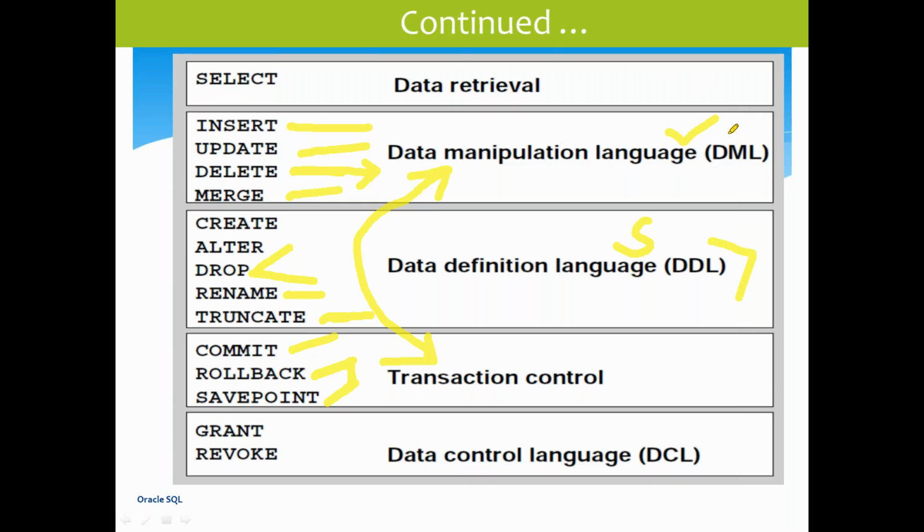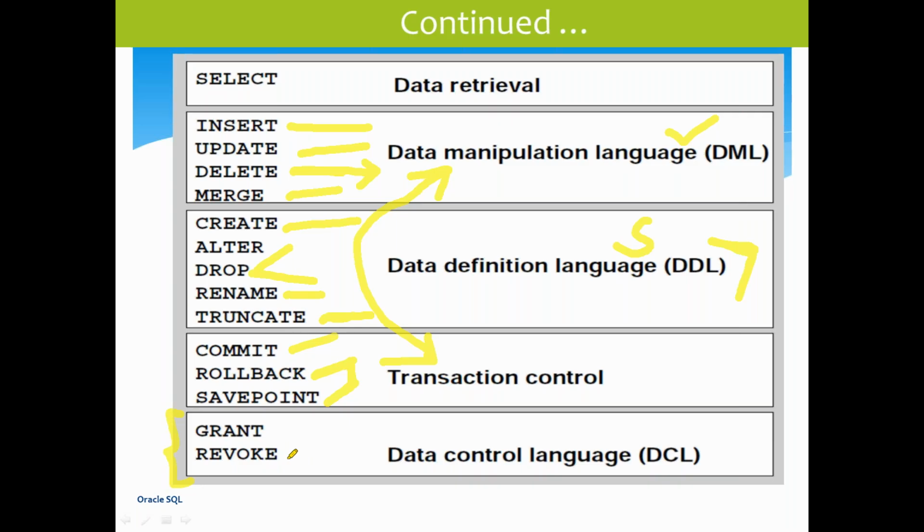He cannot do DML. So only DDL will be granted for Ram user. Under DDL only it can be granted for create, not other than that, alter, drop. So for Ram, only one permission will be given, DDL or create. That's all. Other permission he is not getting. That is how to give a permission. So DBA people are working on this too.